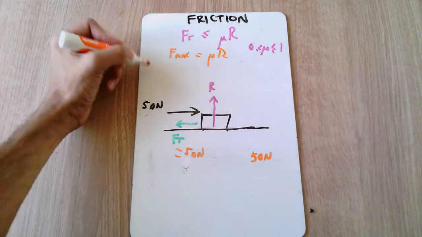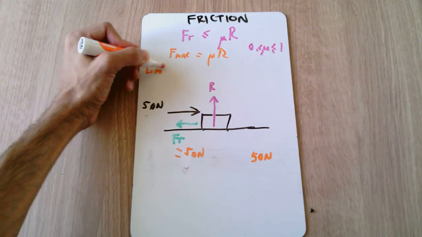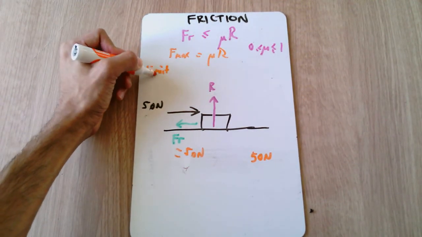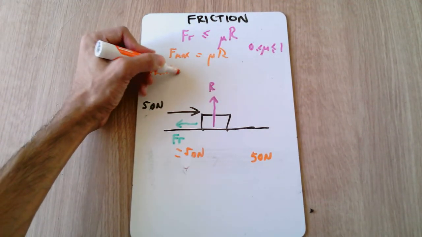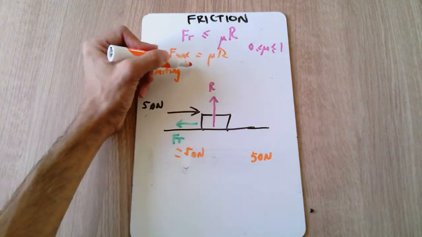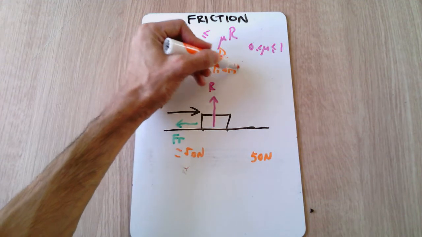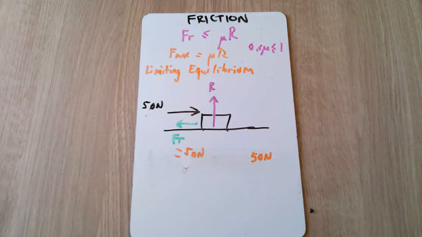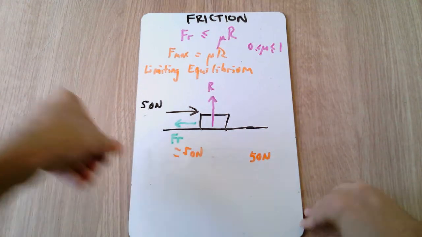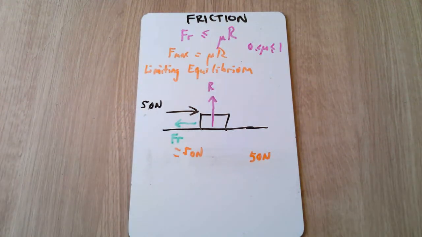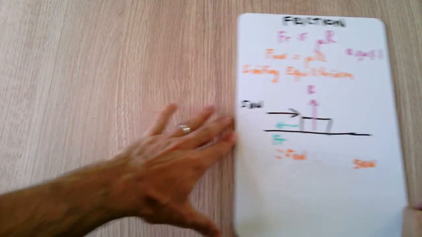We call that limiting equilibrium because it has reached the limit of equilibrium. If I exceed this value anymore, it will no longer be in equilibrium, and that's a very, very key thing to understand, which we'll look at for some of our later questions. So I'm first going to just show you 3 scenarios which we are going to work out the value of